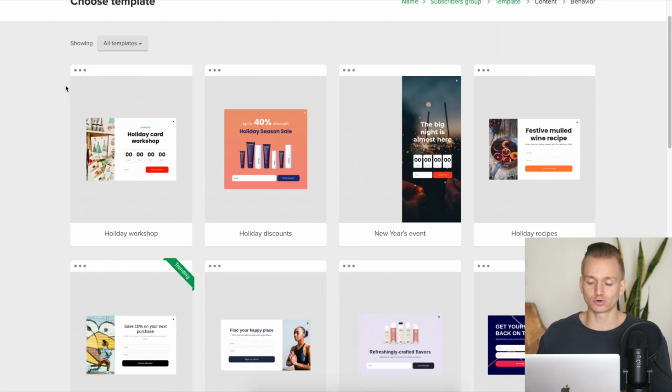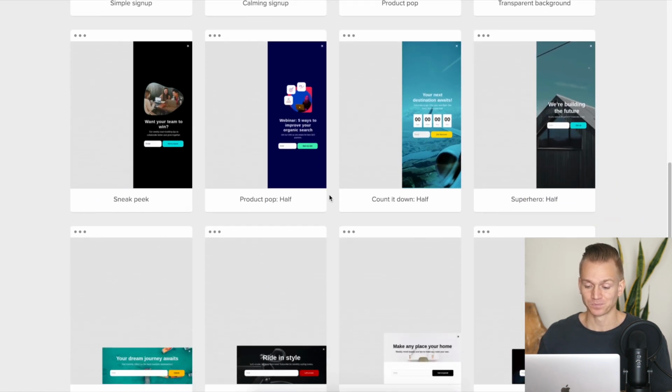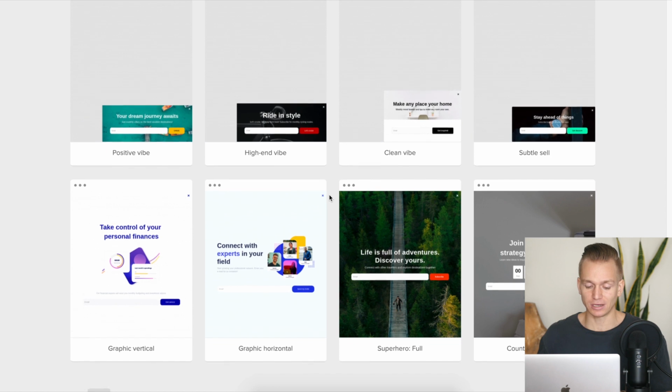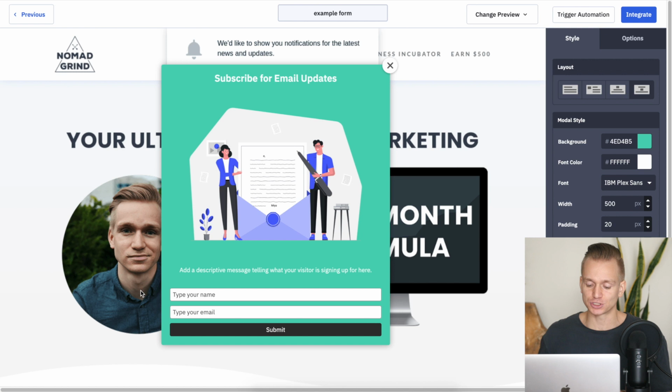Also, MailerLite has a few different templates, and they are really nice looking. So if you're not a designer, or even if you are, it still makes your life a little bit easier when you can just take a template and change it up. Whereas with ActiveCampaign, you don't really have it. You just have this basic looking form and you can just change the image and the text.